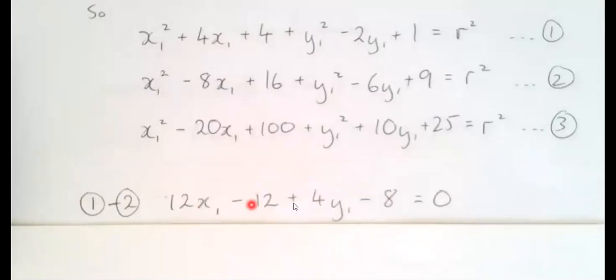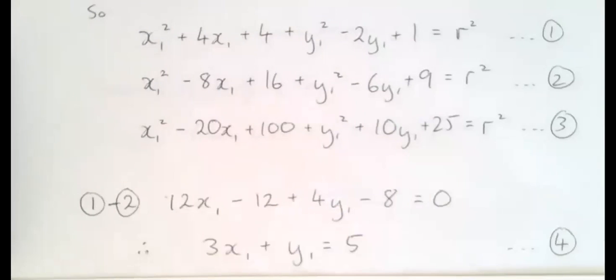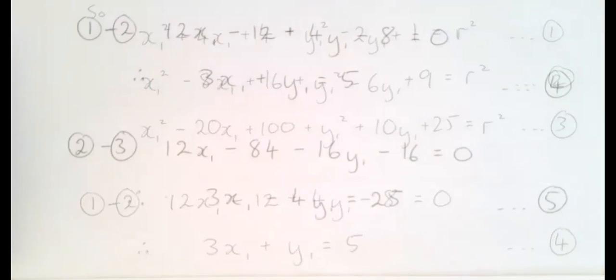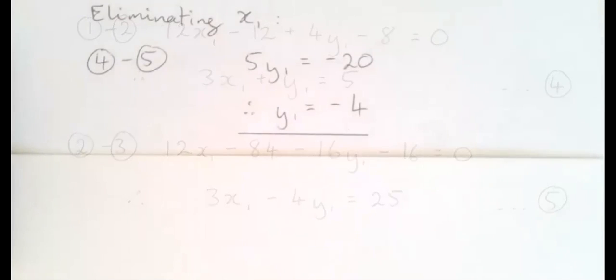So now, as you can see, I've got an equation just in x1 and y1. So I'm just going to simplify that first. And now I'm going to repeat that with equations 2 and 3. Okay, because I'm going to be using those 2 equations, I've numbered those 2 as well, because now I'm going to just treat them as standard simultaneous equations and just eliminate, in this case, x is the obvious one to eliminate. So now I've found that y1 is -4,